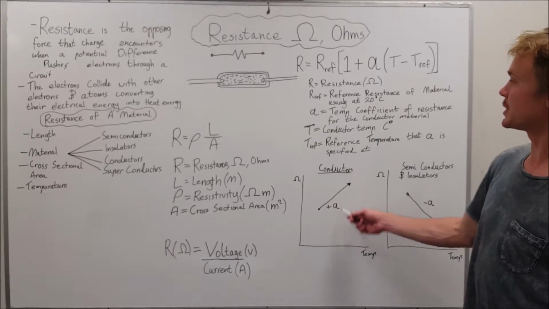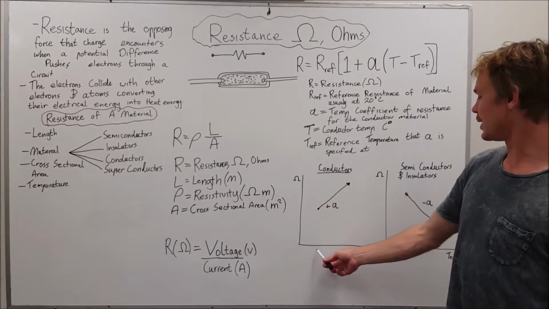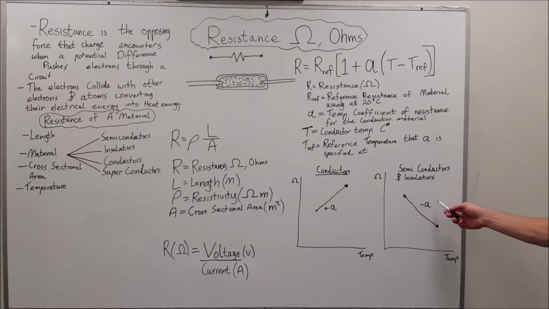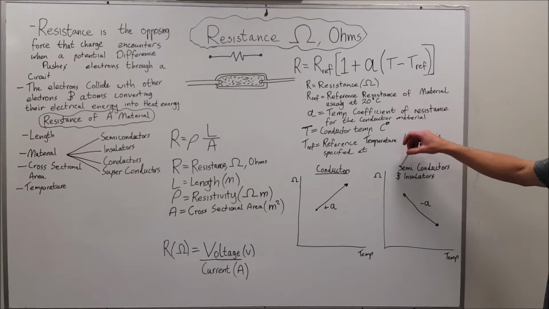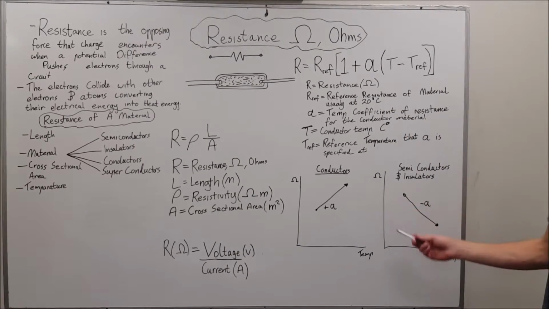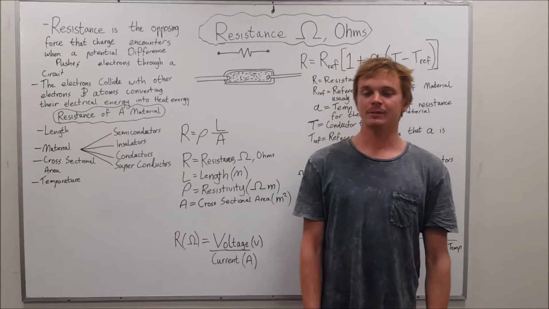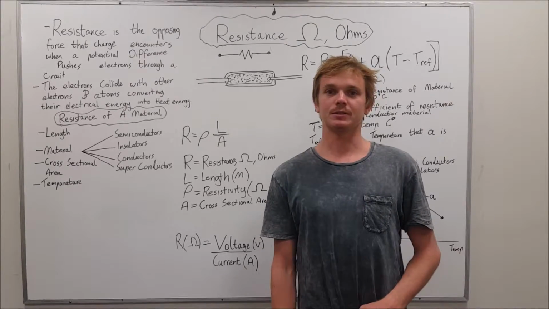A positive temperature coefficient refers to a conductor, where an increase in temperature will lead to an increase in resistance, whilst a negative temperature coefficient refers to a semiconductor or an insulator, where an increase in temperature leads to a decrease in resistance. I'll now demonstrate different types of conductive materials and their associated resistances with the use of a